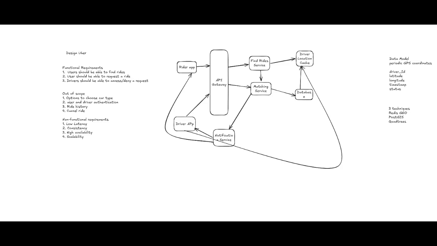There are multiple concepts, and we are going to discuss 3 different techniques for geospatial indexing. One of the first techniques is Redis Geo. Redis provides built-in support for geospatial indexing using sorted sets under the hood. Basically how it works is each driver's location is stored with a geohash key. Redis uses GEOADD to insert. You can add latitude and longitude with the driver ID using the GEOADD command, and to find nearby drivers, you can use GEORADIUS